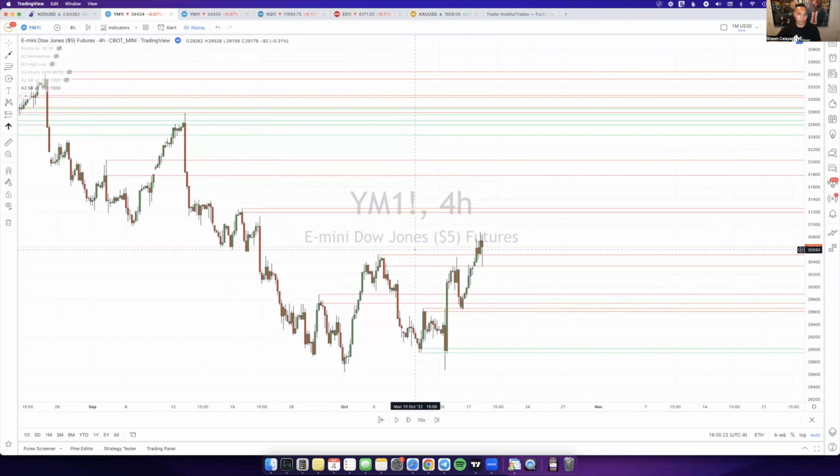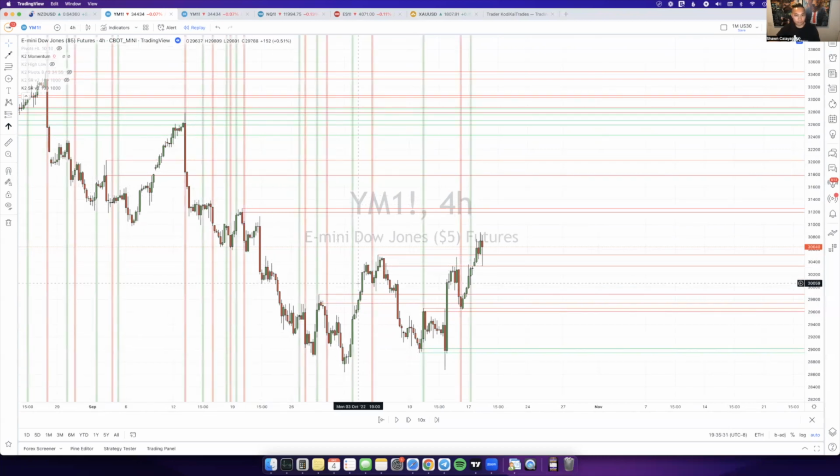So it's not a standalone indicator. I mean, it is standalone, but it's not meant to be used standalone. For me personally, I use this in conjunction with the momentum indicator. So for example, if I see a bounce off one of these zones, and then it's followed with a momentum signal, that's where I would typically make my entry. So for example, right here,